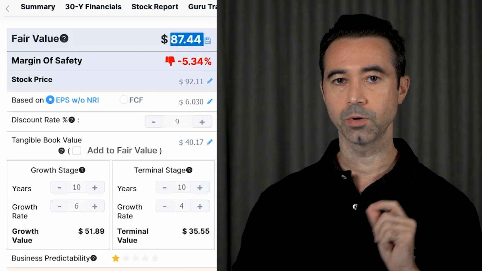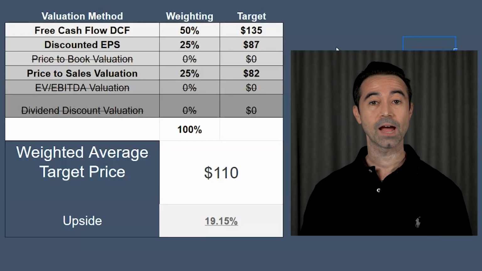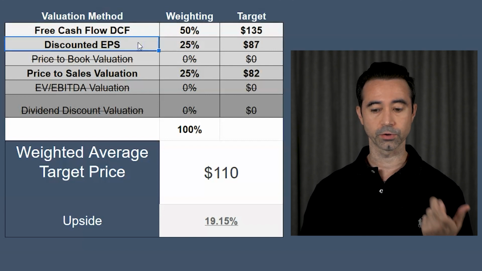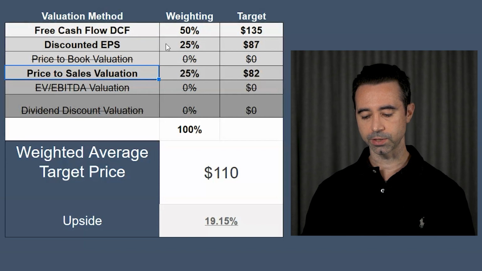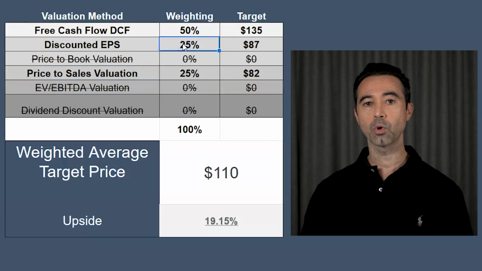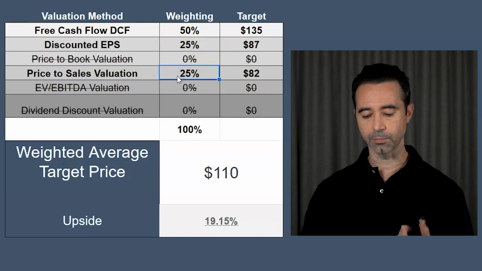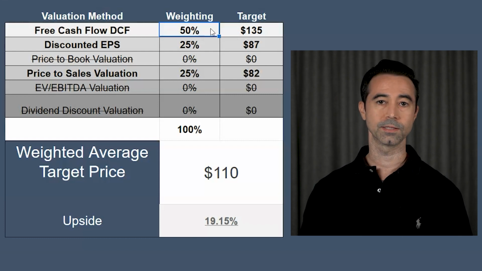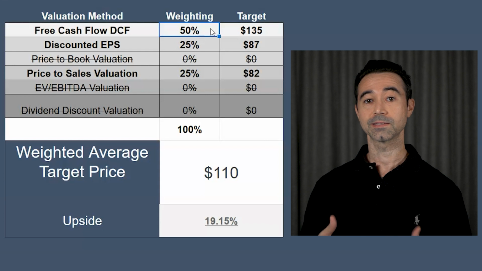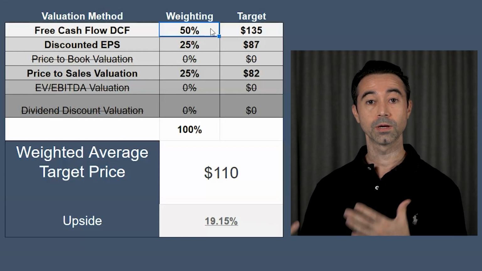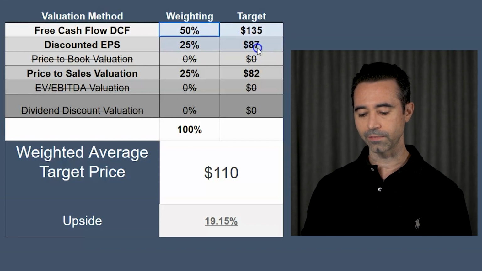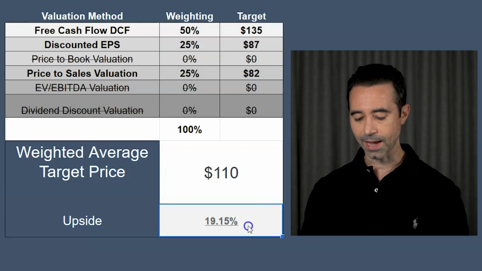So let's go over and see what we have for the weighted average. Here we have the weighted average for the company. We're using 3 different valuations. We have the DCF, discounted cash flow. We have the discounted earnings per share. We have the price to sales valuation. Now what I do is I'm taking a lower weighting for earnings per share and the price to sales because discounted cash flows are really the basis of what at least modern finance thinks a stock should be worth. A stock should be worth the future cash flows of the company discounted in today's dollars, right? So $135 target price, weighted 50%. Then we have the 87 and the 82, which gives us a $110 price target,